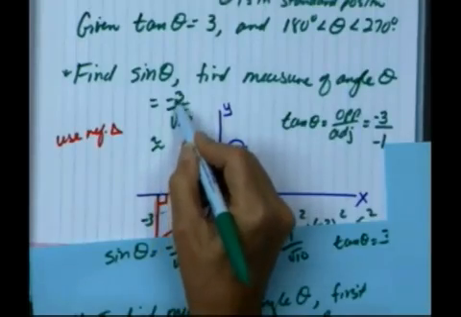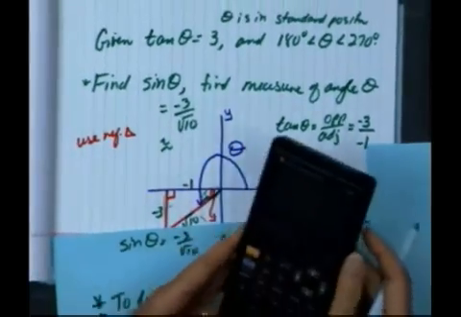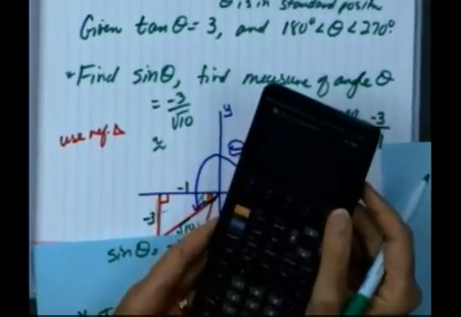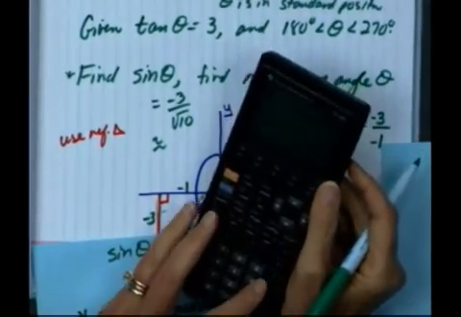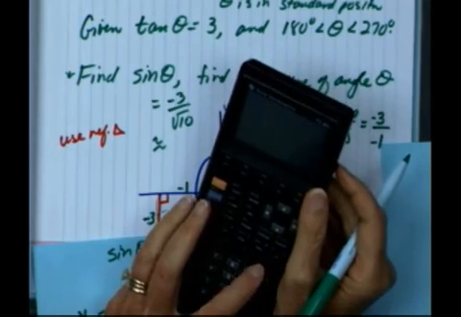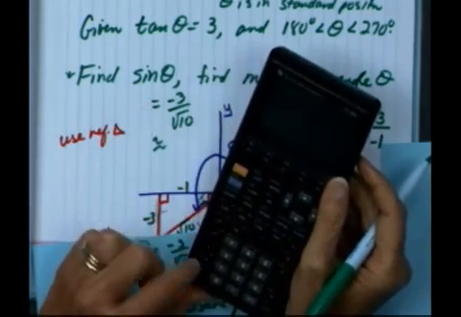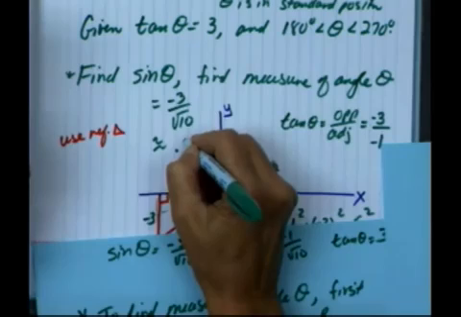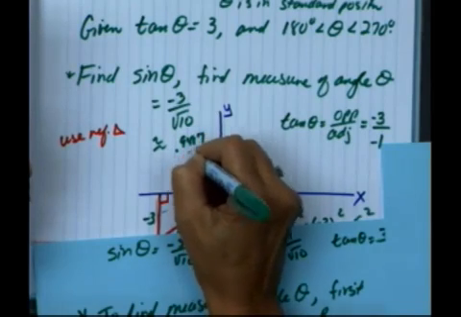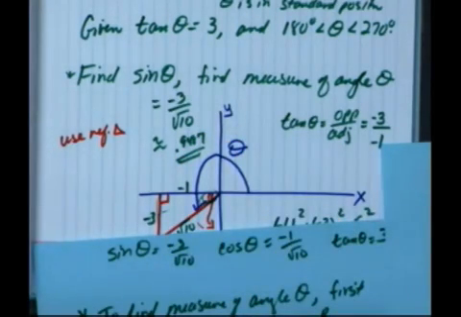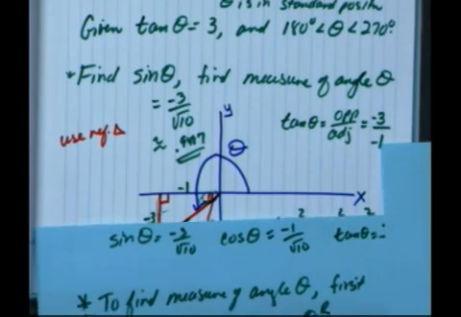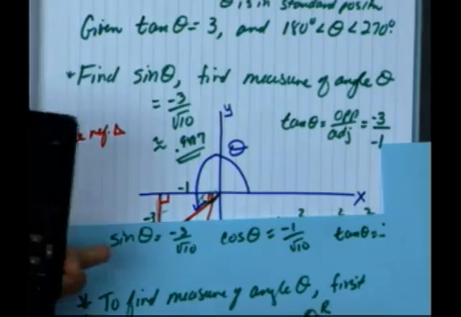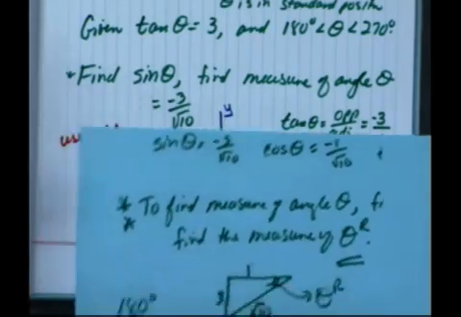A little check. Let's get the decimal approximation for -3 over the square root of 10, so we'll be able to see it in the calculator. -3 divided by square root of 10 comes out to be approximately 0.9487. I'm just doing it so that I'll know what that was. Okay. All right, so we're claiming the measure of the big angle is